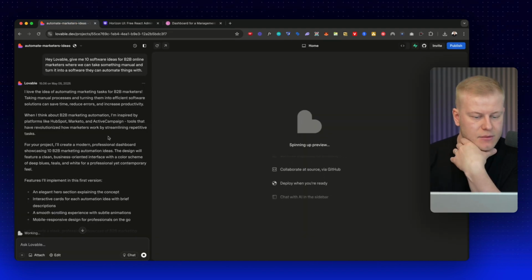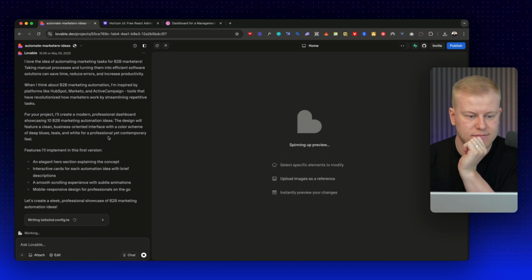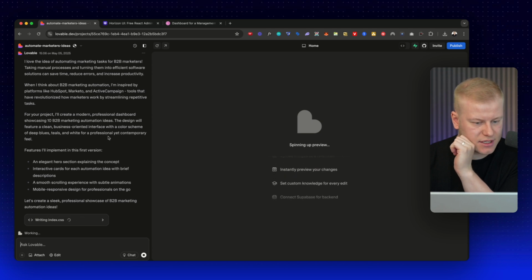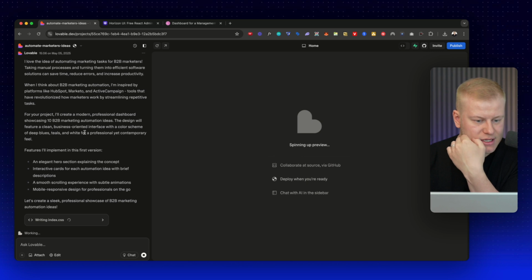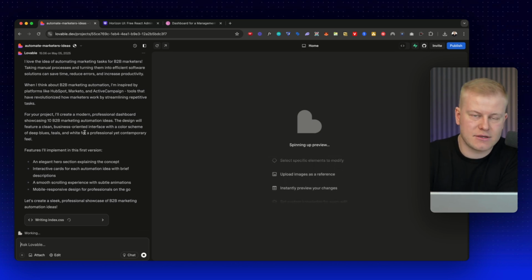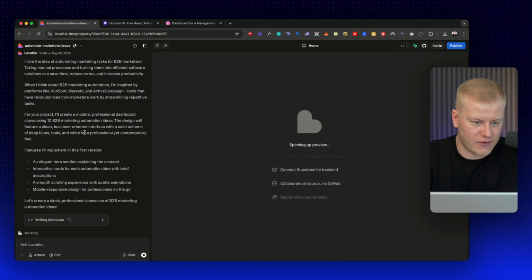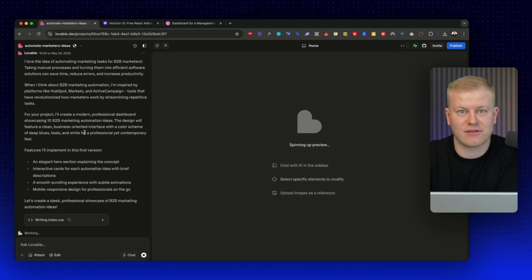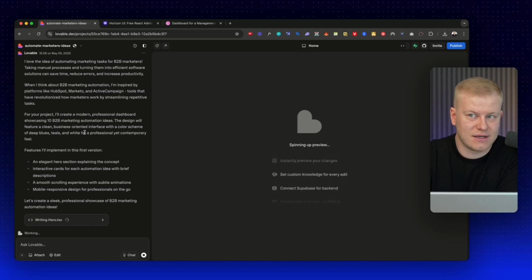But let's see, I love the idea of automating marketing tasks for B2B marketers, taking manual processes and turning them into an efficient software solution that can save time, reduce errors, increase productivity. Professional dashboard showcasing automation ideas, design. Okay, so it'll just create the dashboard then. You can use ChatGPT for ideation, but a lot of times it's not gonna start creating before we have an idea. And it looks like Lovable now thought that I wanted a software that can create all these ideas. What if I do create a